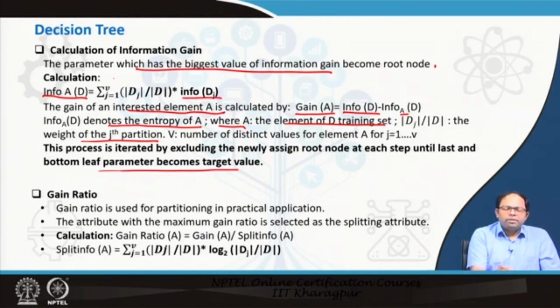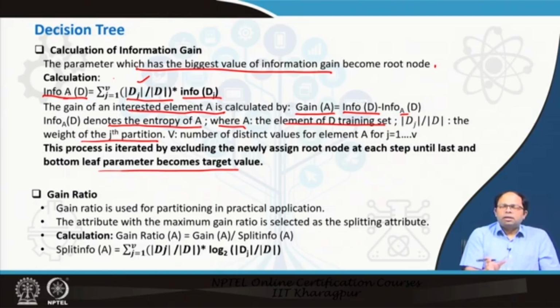We will multiply with the probability of that particular number of observations in that particular split divided by the total number of training data. So, this is the probability of that group into the information gain for that group. We sum it up for the entire characteristic A. This is how we can calculate the information gain, and once we calculate it, the parameter which shows the highest information gain will be used to split the data.